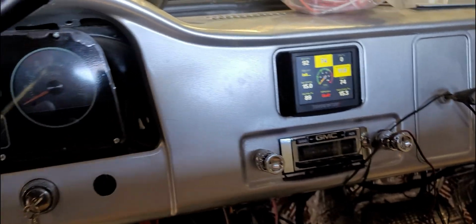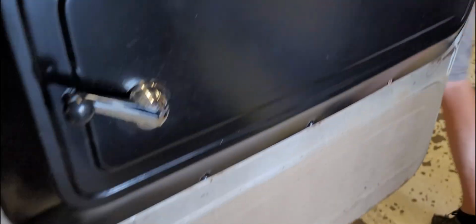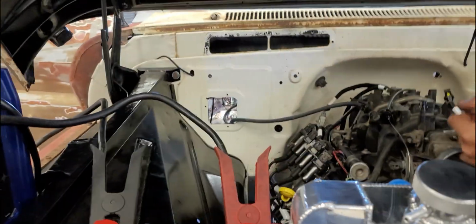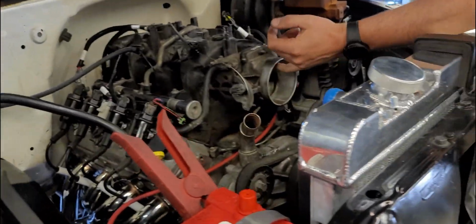Let's see where it's at, because you could feel the position of the IAC. We'll see where it's at. Yeah, I literally had to peel my hand to get it to shut off. Is it opened up again? I can't feel it. The Holley was reporting...